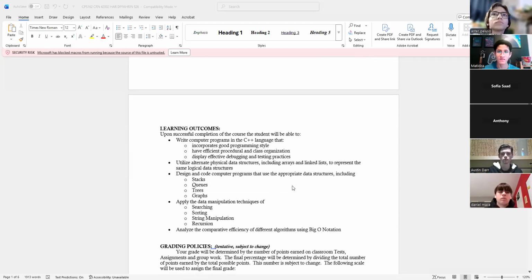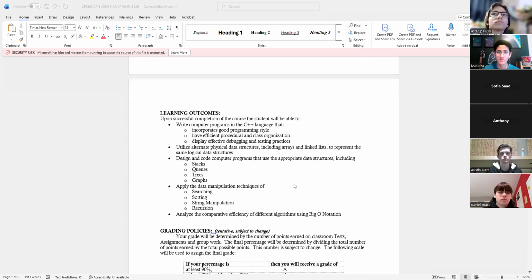Learning outcomes. These are all the data types. Someone did ask me if we're going to get into working with databases, and no, this is all abstract data types. If you start to look down, we hit the big ones: stacks, queues, trees, and graphs. We already did sorting, but now we're going to look at ways of sorting that are going to make you go, yeah, well, what? I never even thought about doing it this way.